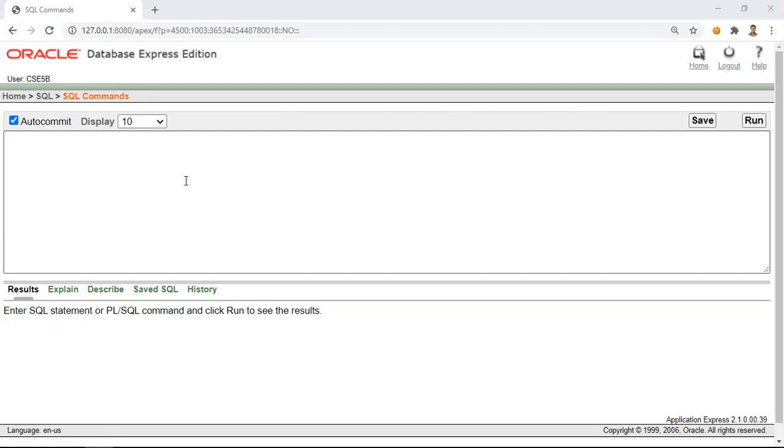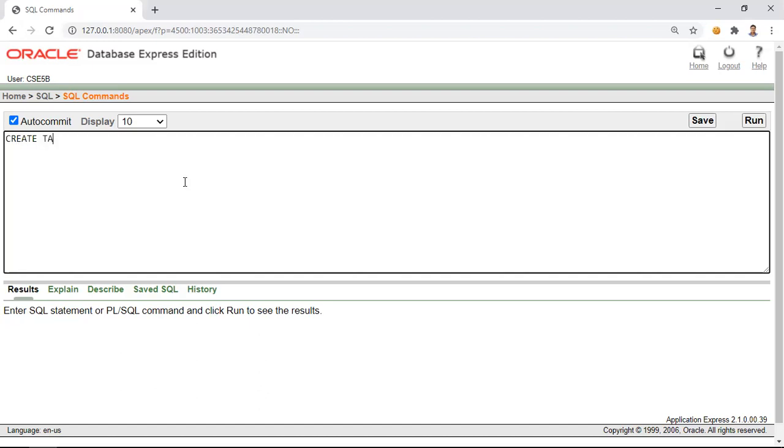So today we shall see how to create two more tables, that is department and admission. In order to create a department table, let us write create table department, open parenthesis.